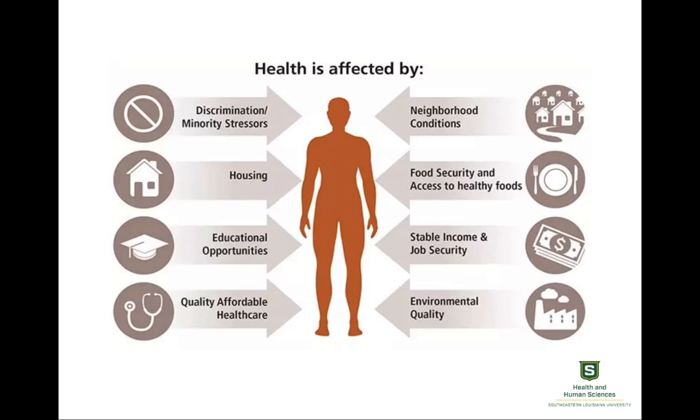So in this image, we're summarizing it in terms of discrimination or minority stressors being a social determinant of health. You have housing, quality affordable health care, stable income or job security, neighborhood conditions. All of these are social determinants of health that have influence on the way one's health status or health outcome does. For example, if you live in an area of very poor housing,